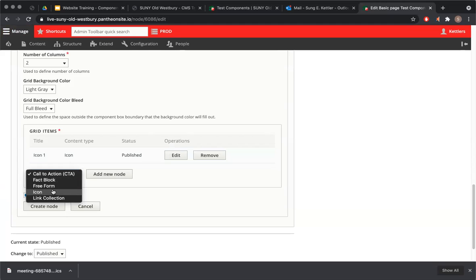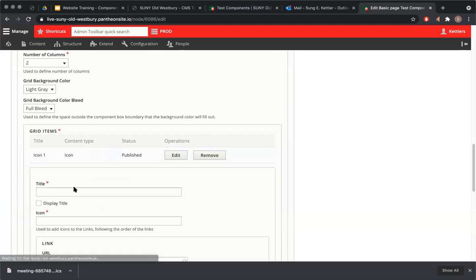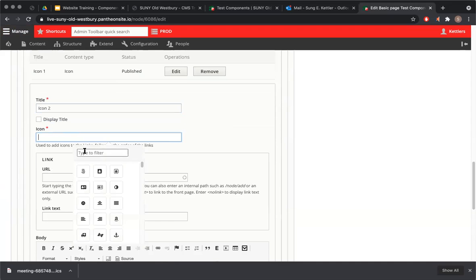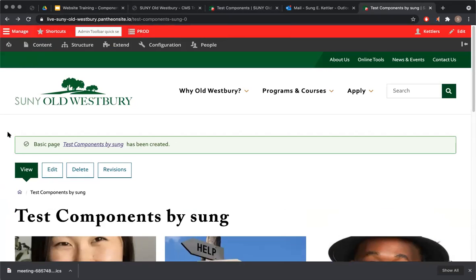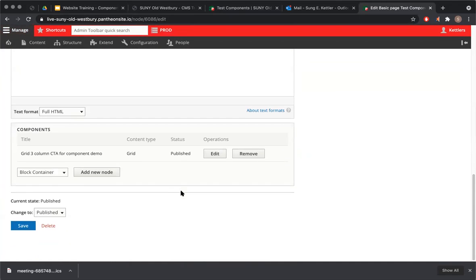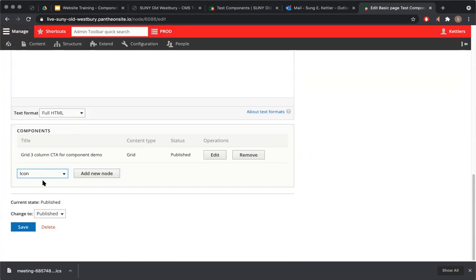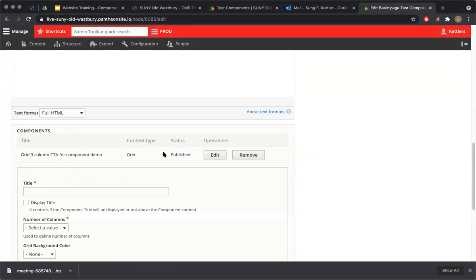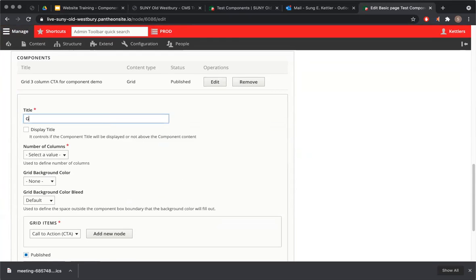Okay, that's my first icon, second icon. Okay, again, I have to type here, not here. It's a little confusing. Whoops, I just went back by mistake. I'm sorry. To start again. Whoops, I start with grid. I'm sorry, it went back. Grid to column icons, component demo. 2 column, light gray, full bleed,